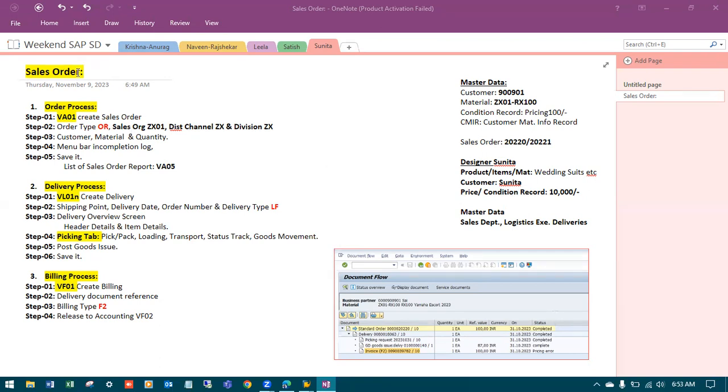To process this sales order creation, initially, as a prerequisite, we need to have master data. Master data is nothing but customer reference, material reference, and condition record. Condition record is nothing but price. We need to have the customer, material, and for this material there is a price and CMIR, Customer Material Information Record. We'll see this one also at a later part. Now, if we have this master data,